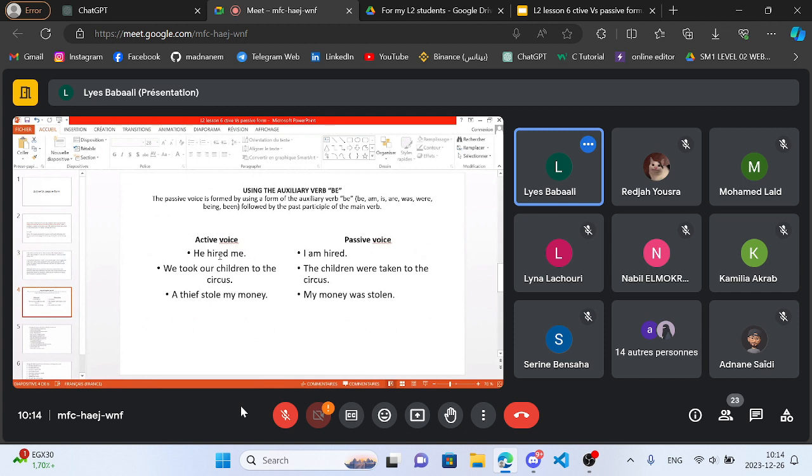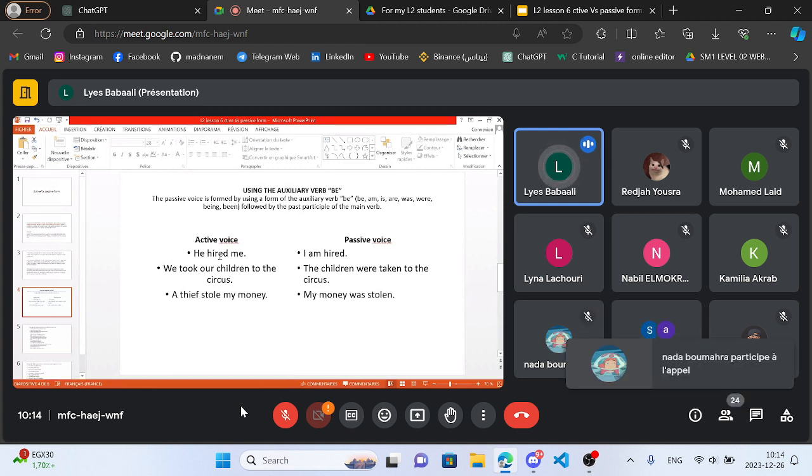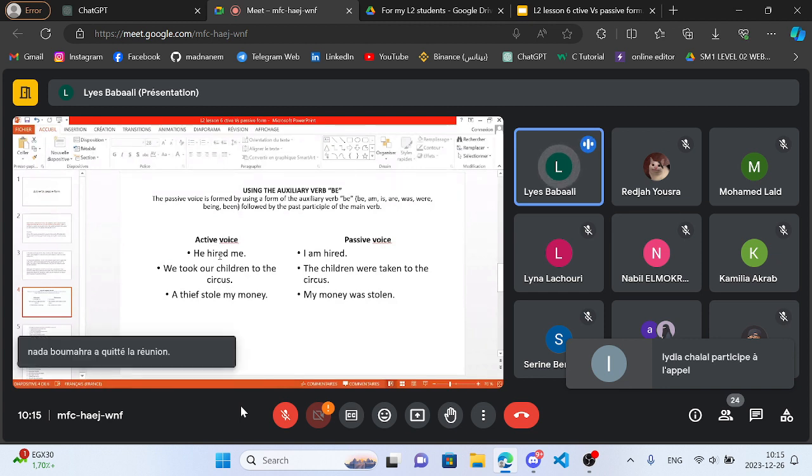So, he hired me. Here, the subject he did the action of hiring me. If I want to phrase it in the passive voice, I will say that I am hired. Here, I is the subject, and being hired is the action that I am receiving. So here we have this interesting rule: we can help ourselves using the auxiliary verb be. In most cases we have to use the verb be to phrase